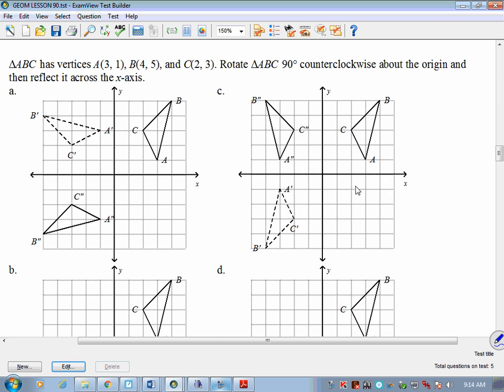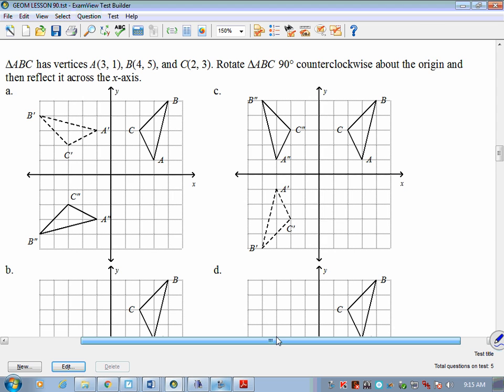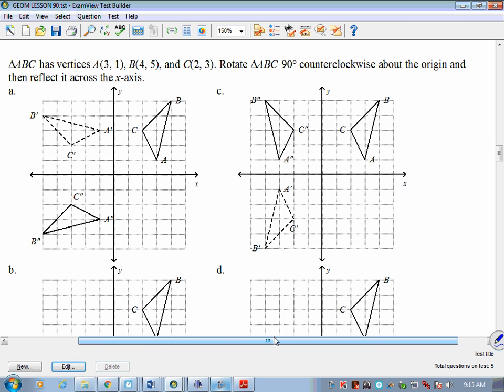Okay, let's go down to question number 3. Okay, ABC has vertices at (3, 1), (4, 5), (2, 3), and you'll notice that all four of those pictures start out in the right position. Okay? We want to rotate this 90 degrees counterclockwise about the origin and then reflect it across the x-axis. So the first thing I want to talk about is